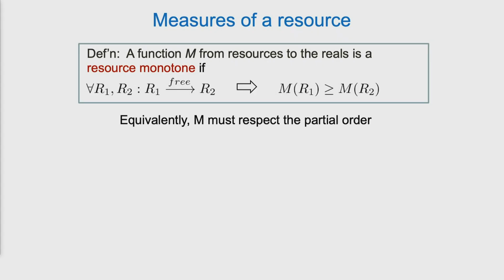Okay, so in a diagram, that means that this function just has to be an order-preserving function. So in this simple example I gave, if I wrote a function that takes one value in this region, a different value in this region, a different value here, here, and here, so I'm dividing up the different sets of values of that function m1, well, this is order-preserving because there's never a case where one resource is below another and gets a higher value of m1. Okay, so here R2 and R3 are incomparable. R2 can have a higher value of M1 than R3 does, but that's okay because R3 cannot go to R2, so it doesn't violate this condition, right? So basically I'm allowed to do that.